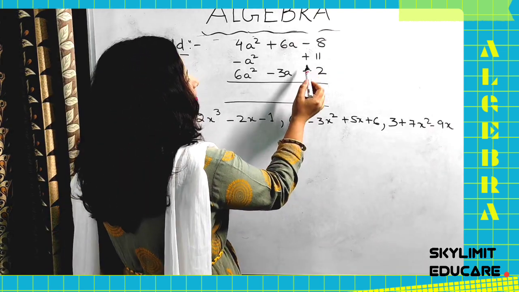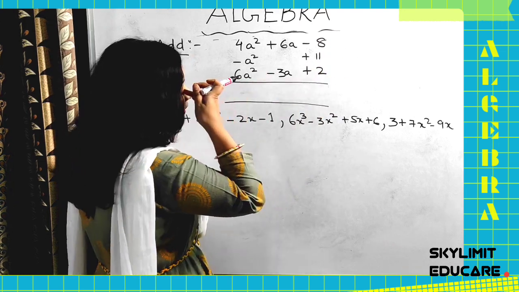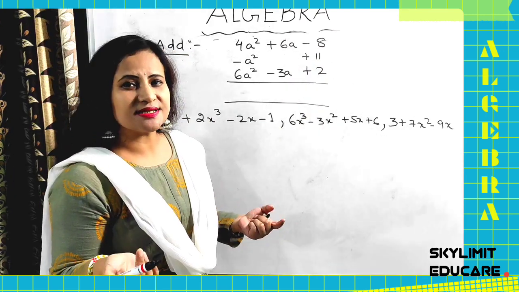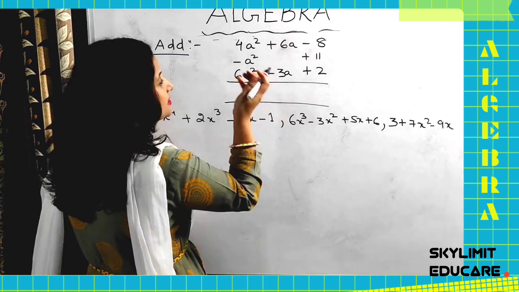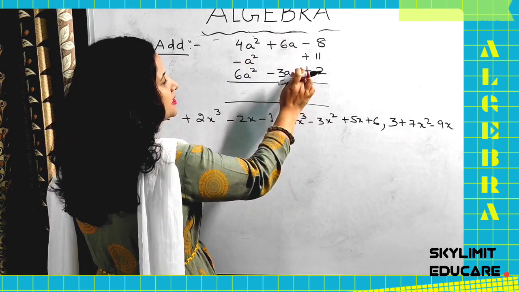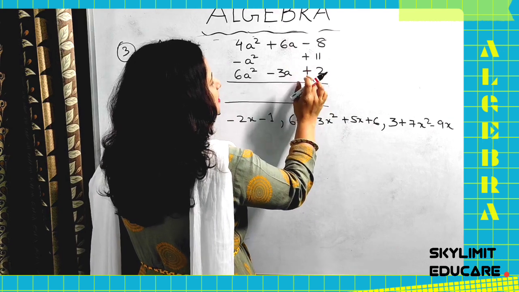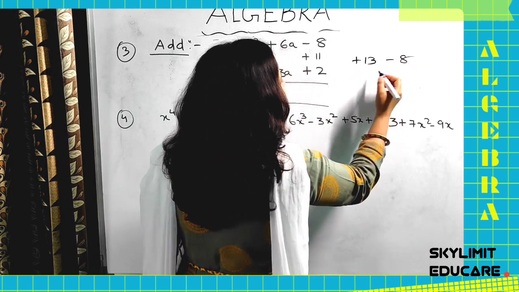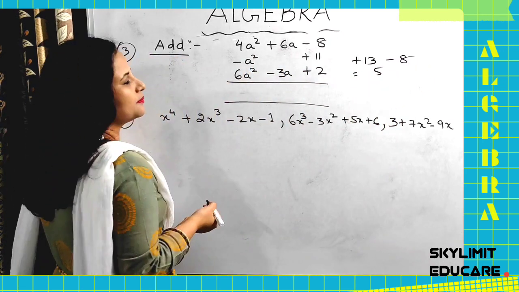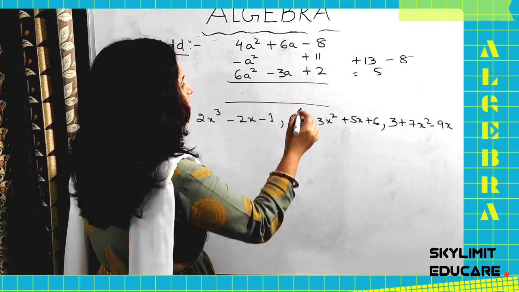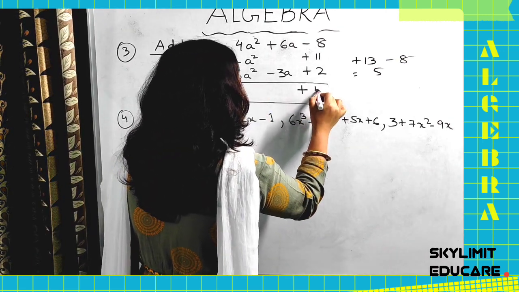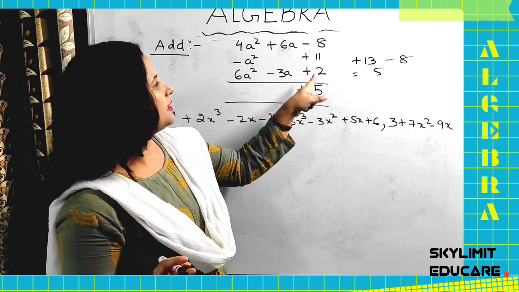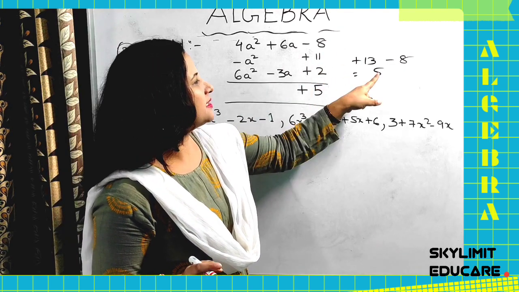As you can see here, both are plus plus. Plus 11 plus 2 plus 2. 11 plus 2 is how much? 13. But my 8 is carrying minus sign. So 13 minus 8 will give us 5. Sorry, see here, what are you having? Plus 11 plus 2, so it is plus 13, and then you have what? Minus 8. So how much are you getting here? Plus 5, no? Yes? So along with the sign I will be writing here plus 5. Clear? Okay? Very simple. You can see 11, 12, 13 minus 8 plus 5.